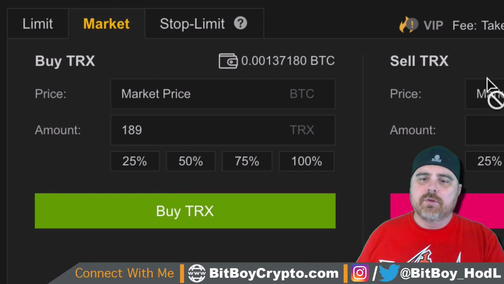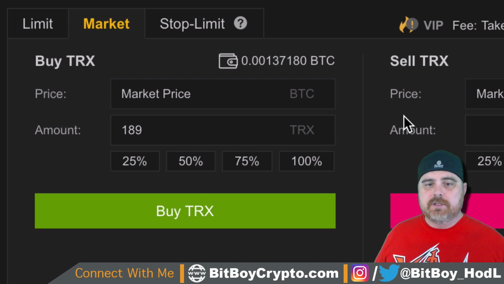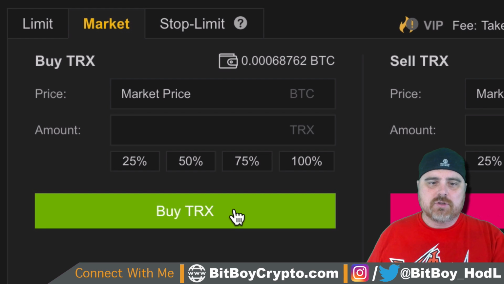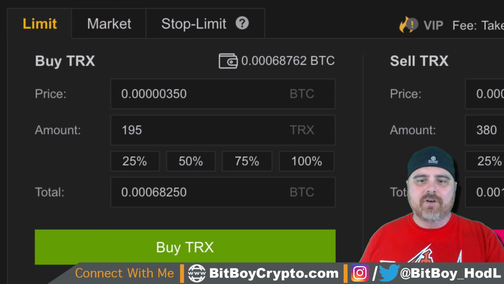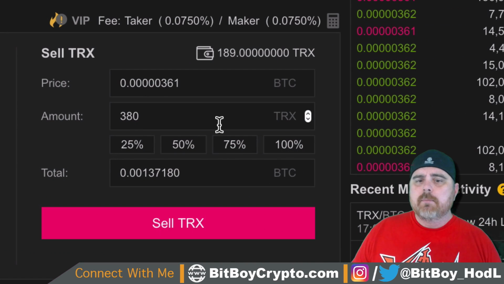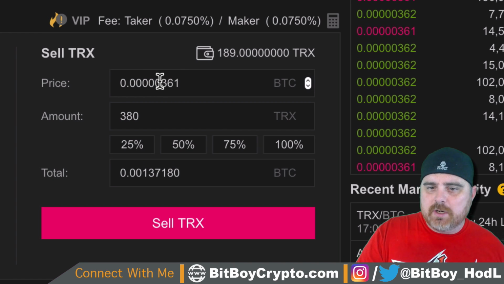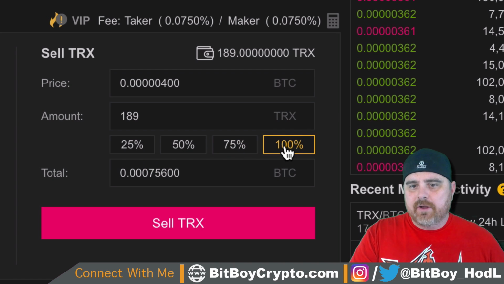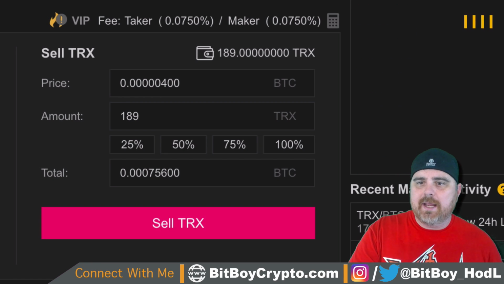Now, basically selling works the same way. Let's say I'll go ahead and do this transaction real quick. So I just bought 189 Tron, okay? So let's say now I have 189 Tron, and I wanted to sell those, but I only wanted to sell them if the price goes up. Like, let's say the price went up to 400 Satoshis, okay? I would type in 400 there, and I would click 100%. And now when the price gets up to 400,